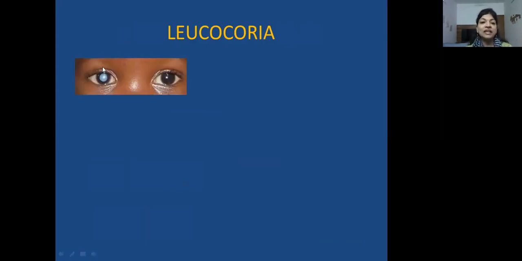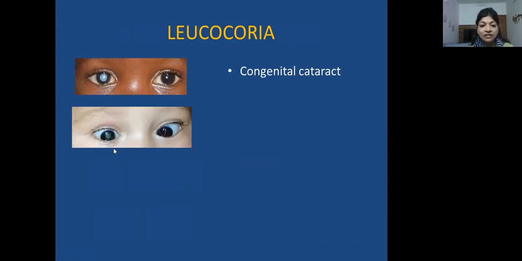If you see something like this, see, a cataract can present in two ways. If it's a mature cataract, you would see a white reflex happening. Whereas if it's an early cataract, the baby would just have an absent red reflex in that eye. The second condition, now if you compare the size of the cornea in the two eyes, you would see that the right eye cornea is smaller than the left eye. So that's called a microcornea as well.